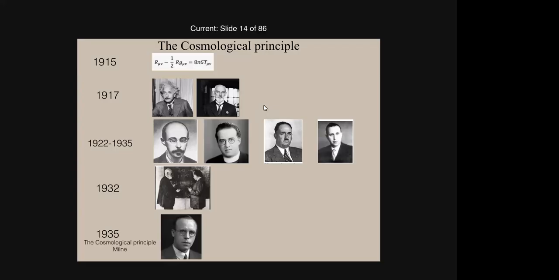Arthur Milne was the very first physicist who actually proposed the cosmological principle. He had produced a model of the universe in which he didn't have GR. He had Newtonian mechanics and special relativity, and called it a kinetic model of the universe. And perhaps the best phrase about the Milne universe is given by Dirac.